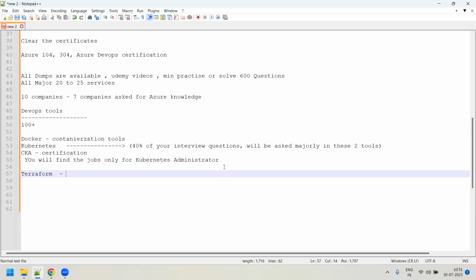Even in my current project, in the new company where I'm working, Terraform is required. You go to any company, small to big, they have started adopting Terraform. So Terraform is also important. I would not say that you must do a certificate on Terraform. Still, if you have time to go through the Terraform dumps and all the concepts, please give the Terraform certification exam also. It's very cheap, I think 5,500 rupees or so, that is the amount you need to pay. And it is a valid certification; they accept it and it is good.